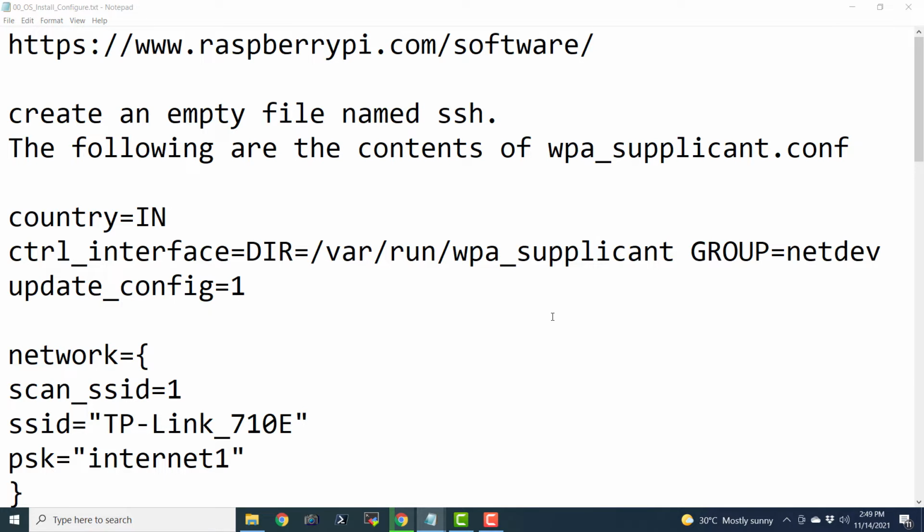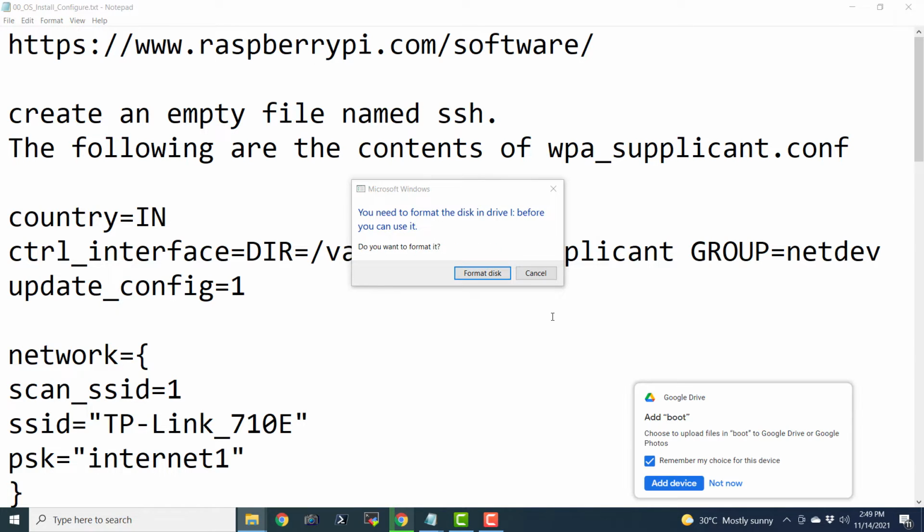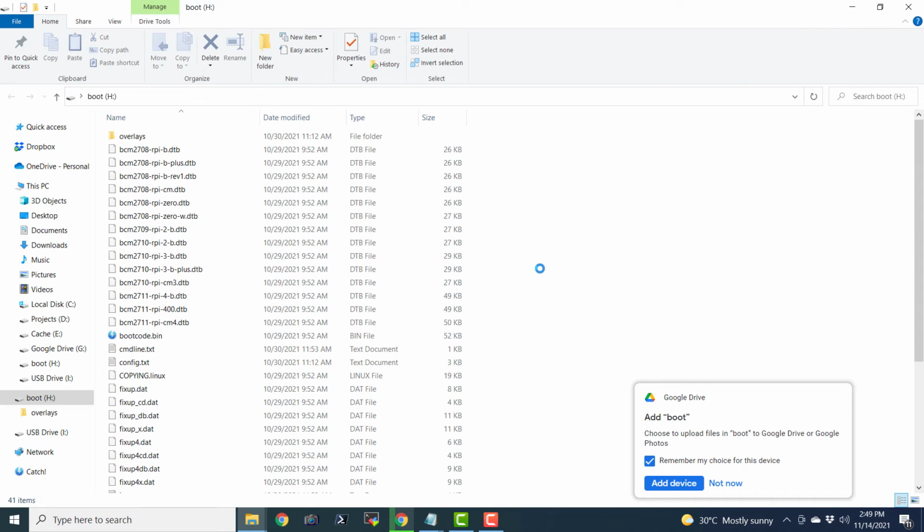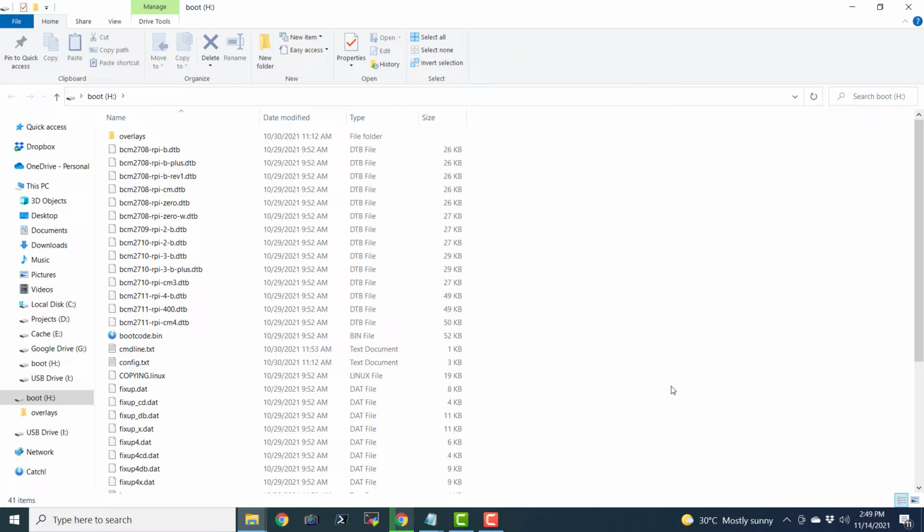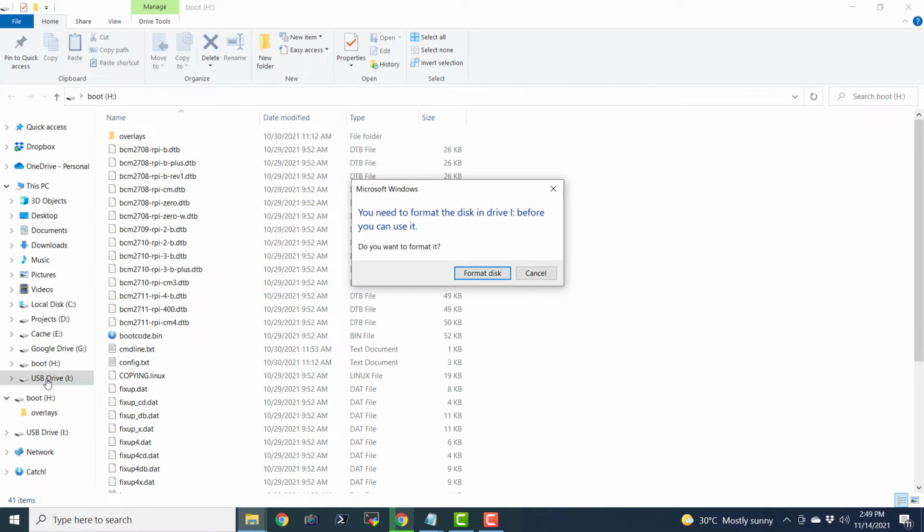So now I have physically connected it again, and it should flash a message like this, and it should automatically open the boot partition. From Windows operating system, only the boot partition is readable. So I can see here the boot partition, and I can see here the USB drive I. This I drive will not be readable.